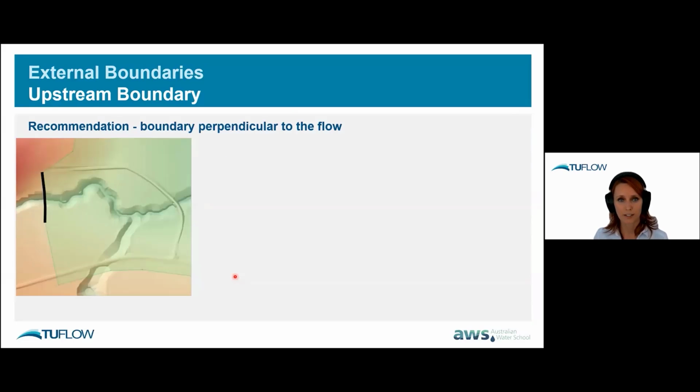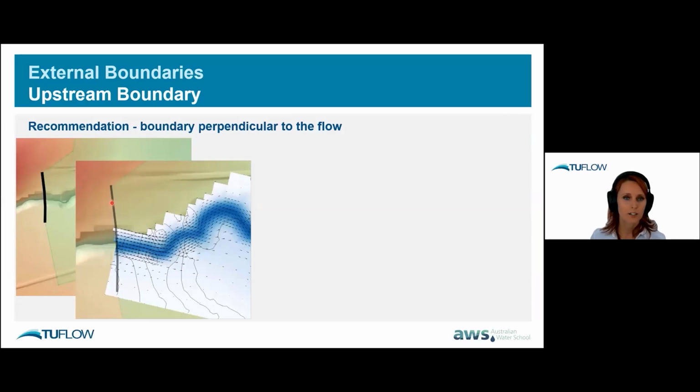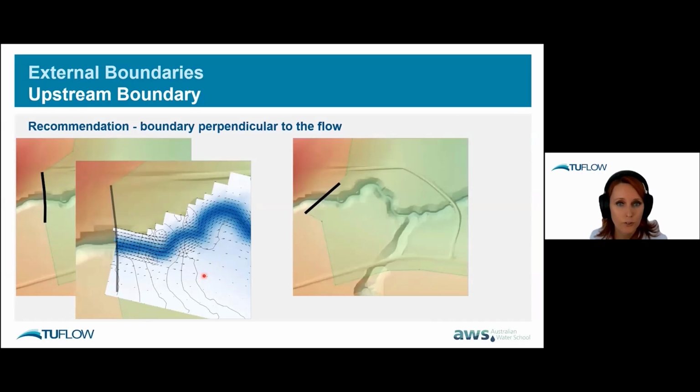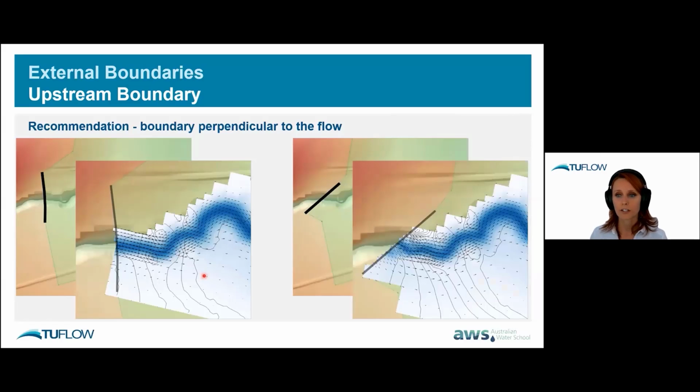I have mentioned that boundary should be perpendicular to the flow. Let's look at an example. On the results here, I have displayed water depth with velocity vectors and water level contours every 0.2 meters. The boundary seemed to be working nicely, but what if we set it up not to be perpendicular to the flow? The results would look odd. There will be water coming out on an angle from the boundary, and that's not what you want to achieve.